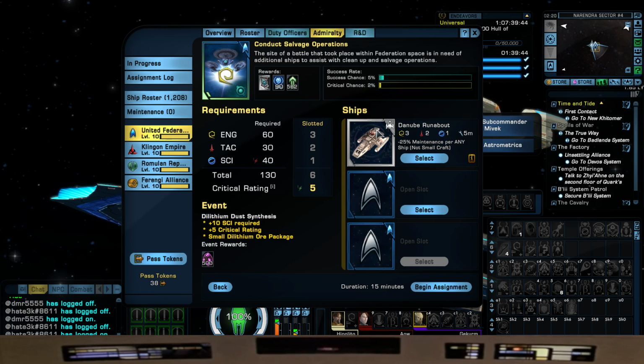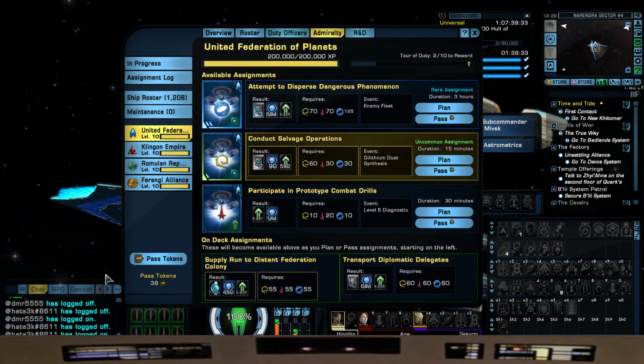So there's still a chance that you can actually get a reward for this. But if you just wanted to pass an assignment, you can use these shuttles or any ship you want really to pass if you don't have pass tokens. But you get these pass tokens from tour duty rewards and some of the rewards when crits happen on your assignments. So there's that. I know it's a lot, but again,